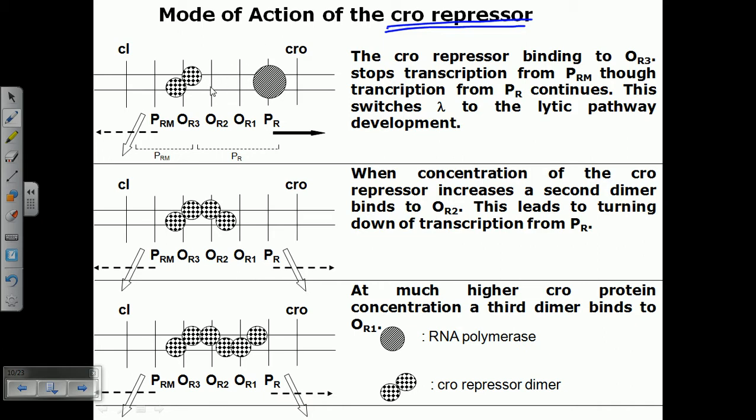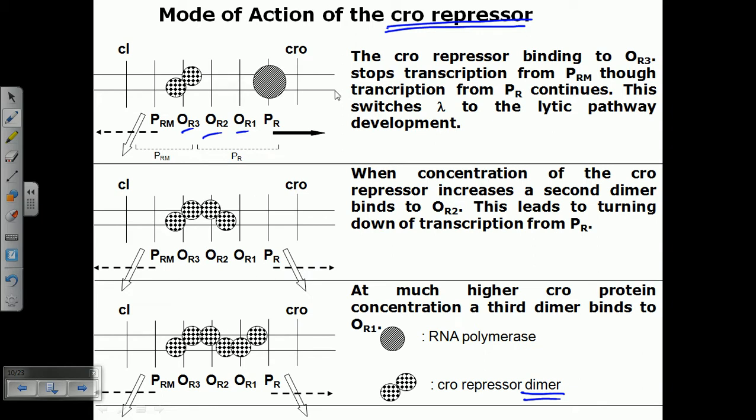That the Cro repressor binds to the OR3, or operator right 3. Actually, there are three operators in the right region. Operator 1, 2, 3. OR1, 2, 3 is given here. So you can see at first the Cro repressor binds to the operator OR3, and usually the Cro repressor is active only when the Cro is in the dimer form. So you can find in all these cases the Cro is present in the dimer arrangement.